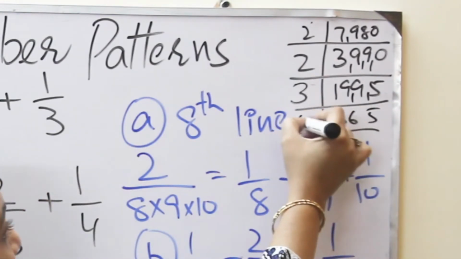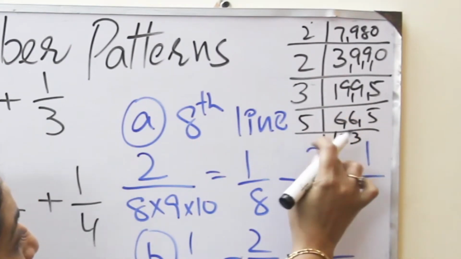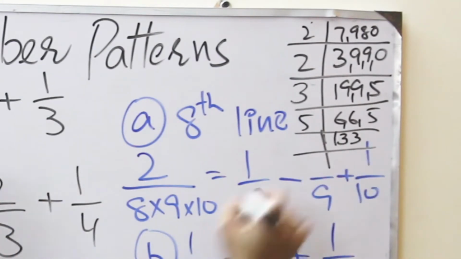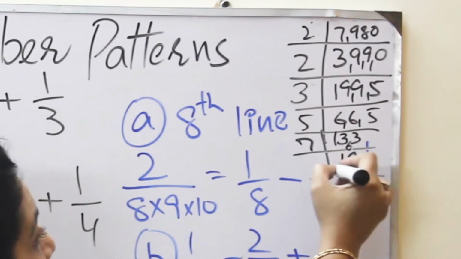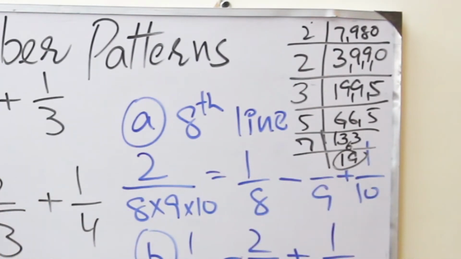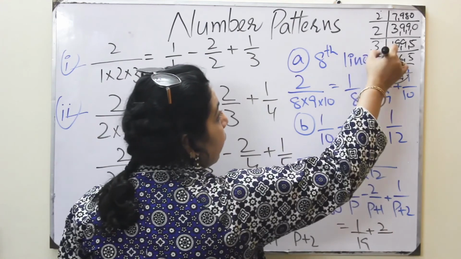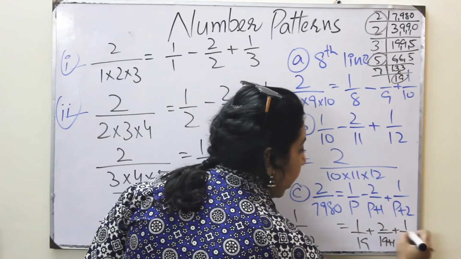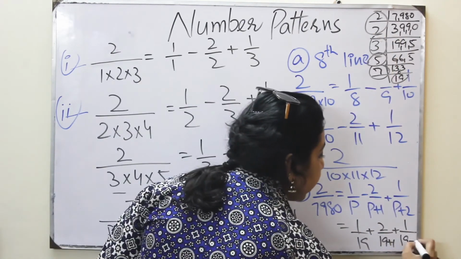Now I do it with 5. 5 1 times 5, 5 3 times 15, 5 3 times 15. This 1 double 3 will be easily done with 7. 7 1 times 7, 8 9 10 11 12 13 19, and this 19 is now a prime number. So our P will be 19, I guess, and P plus 1 will be 5 4 times 20, so it is 19 plus 1 20, and P plus 2 should be 21. 7 3 times, yes, 21, so it is 19 plus 2 21.